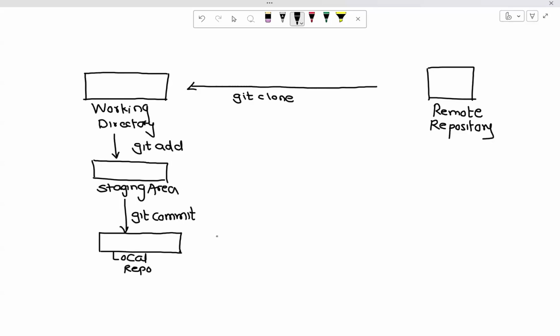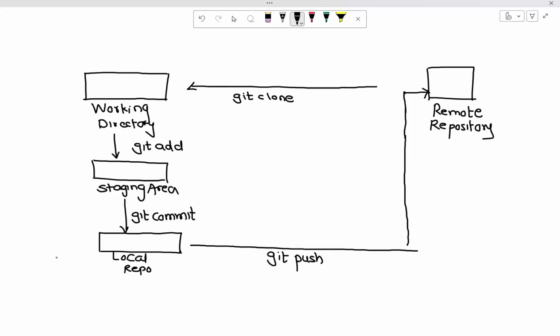Once you have done this, from here it will go down to your remote repository, like this, when you do a git push. So this is the kind of workflow we have when working in a Git environment, with remote and local repository concepts, as we discussed.